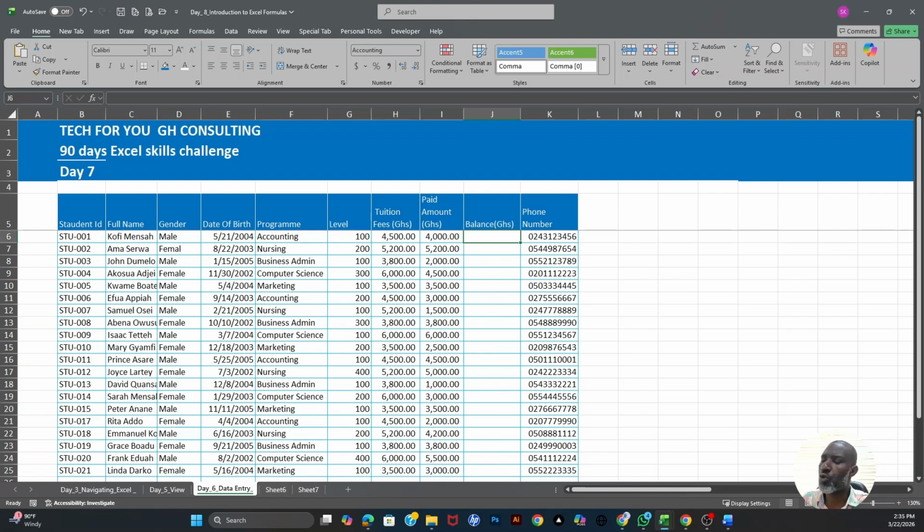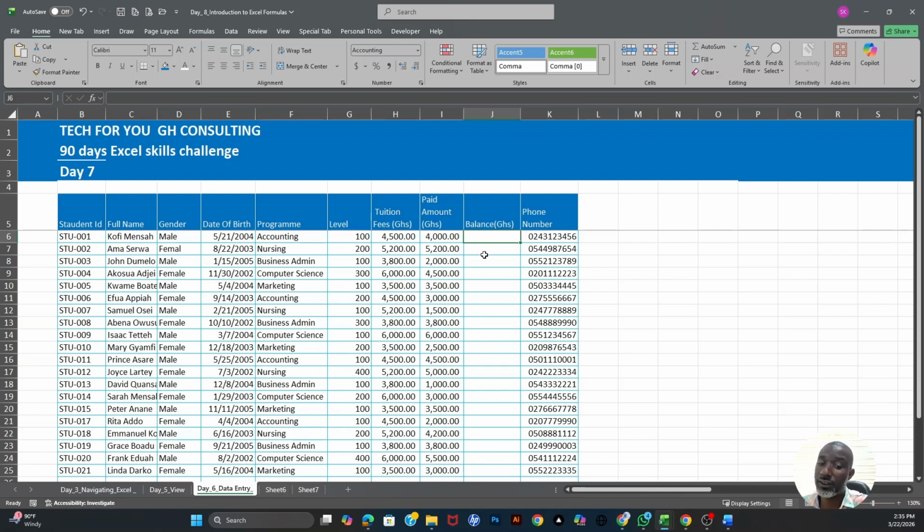Okay, so first of all, we start writing a formula. Someone will ask, what is a formula? A formula is an expression that tells Excel to perform a calculation. It's a kind of instruction for Excel to follow, to execute a certain task for us. So in Excel, there are rules that we use. The golden rule for